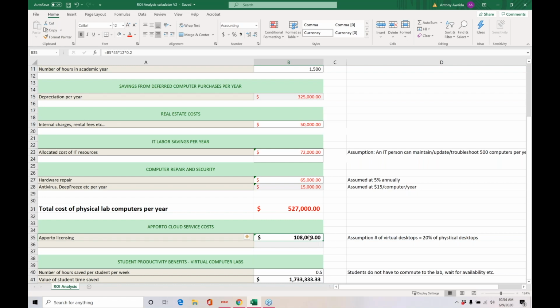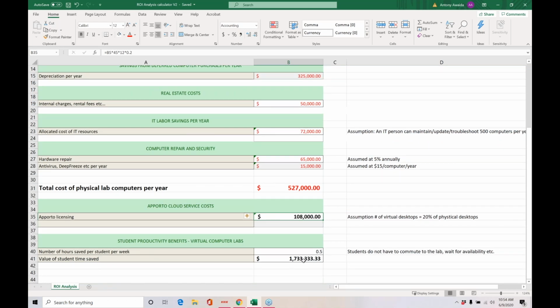So as you can see, even though you're making an investment here, it is a small investment compared to the savings that you would be able to achieve by moving some of your computer labs to the cloud. And perhaps the most important piece, and this is the piece that we used to emphasize before COVID, is the